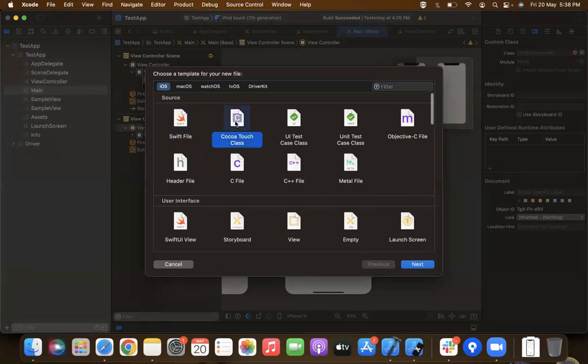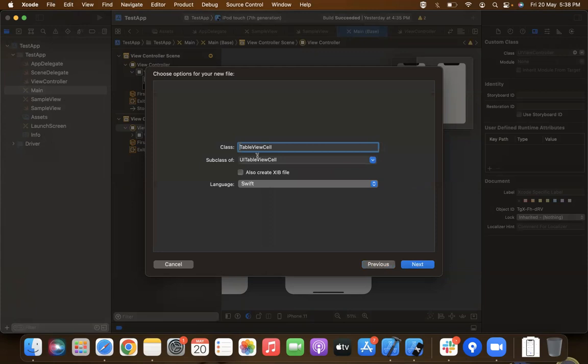Here I will select a Cocoa Touch class. Okay, so why Cocoa Touch class is we need a class which can be a subclass of UI view controller. So all these things, UI view controller, UI view, all these classes, reside in this Cocoa Touch thing. This is the framework kind of thing. Okay, so